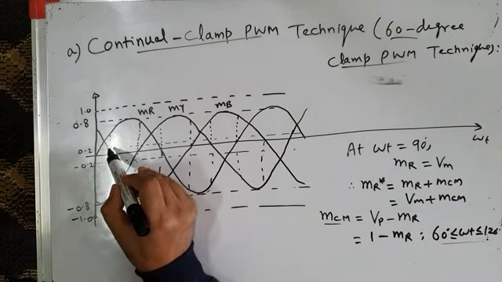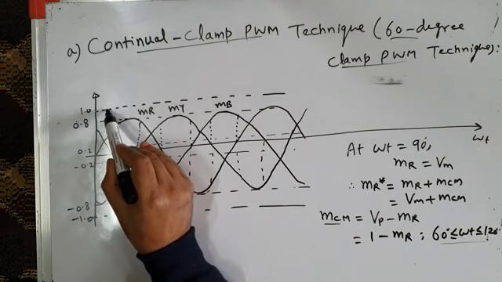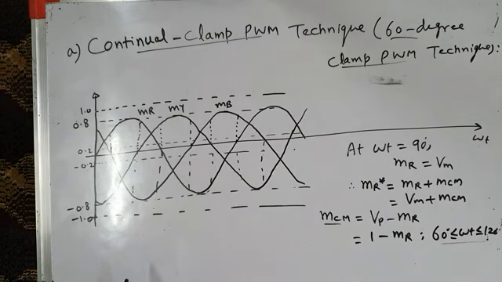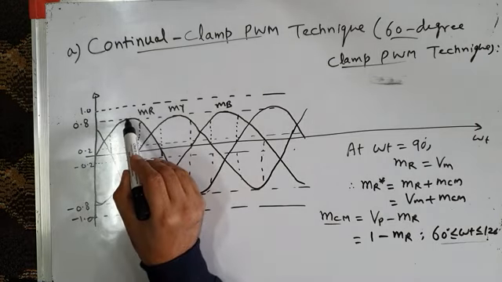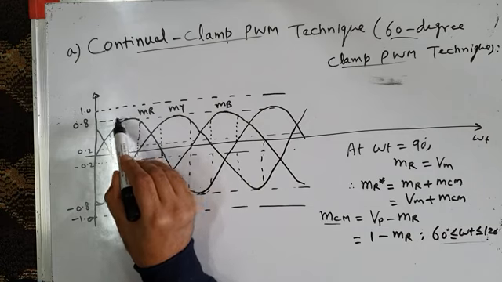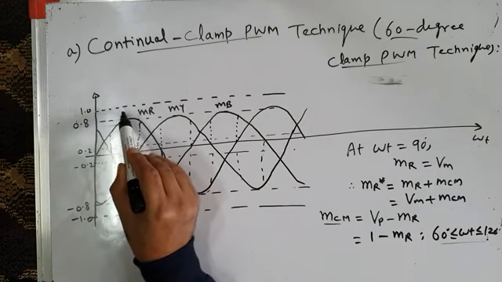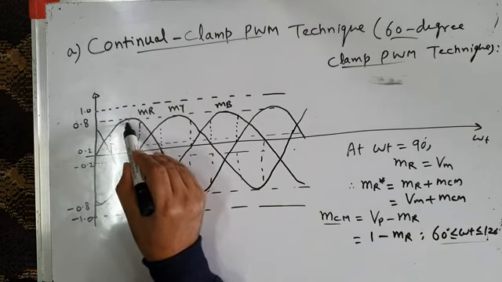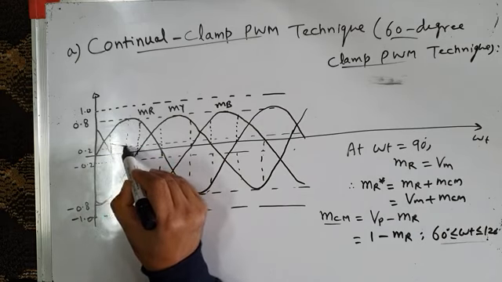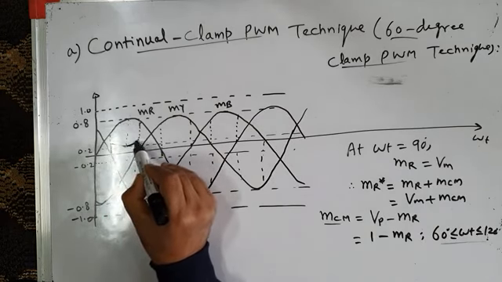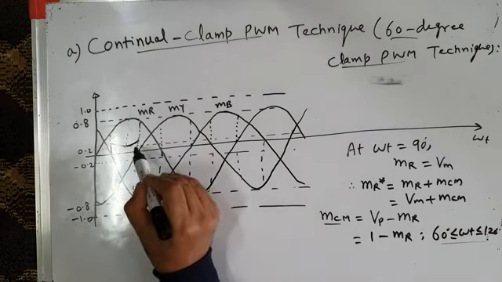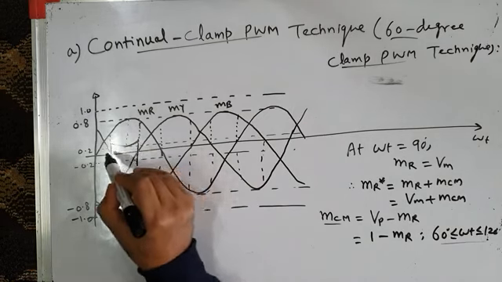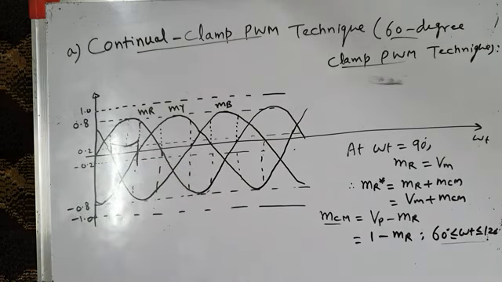So start from here. What is 1 minus MR? 1 is this, minus MR. So it is some positive value, so it will jump like this. Okay. And then when you reach, for example, the peak, at the peak what is MR equal to? It is 0.8. And what is 1 minus 0.8? 1 minus 0.8 is 0.2. So it will go down and near the peak it will go to 0.2. So it will touch 0.2. And then it will rise again. It will increase again. Okay. And then it will go down. So this is your common mode voltage from 60 to 120 degrees.